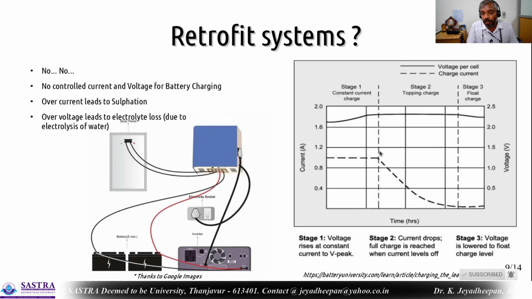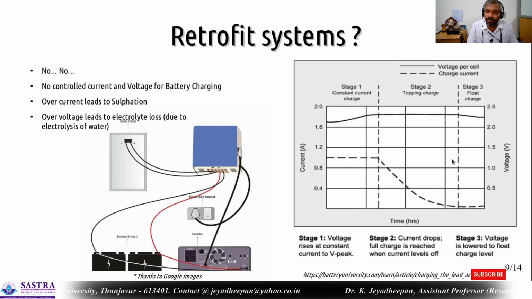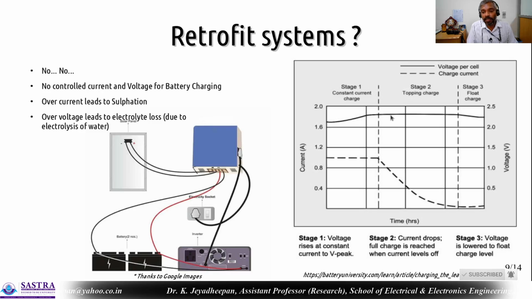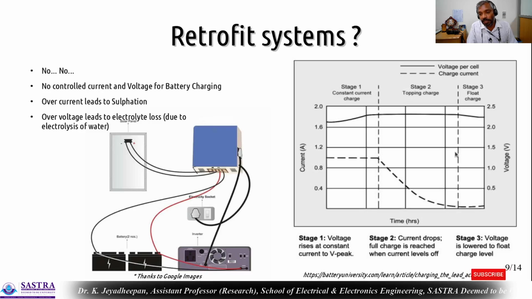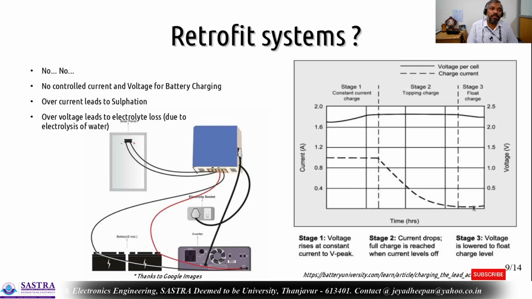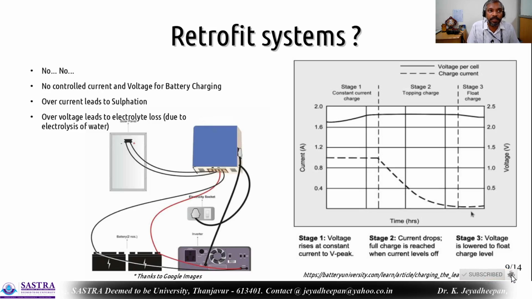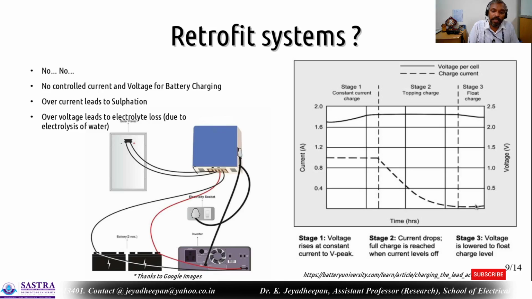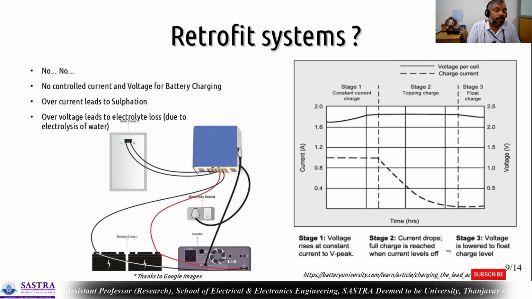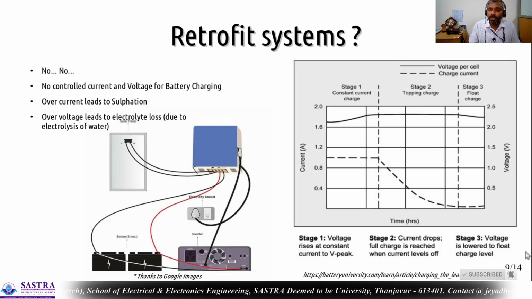So after this particular 3 hours to 6 hours, or 3 to 4 or 5 hours, the voltage should be maintained as a constant one, right? After that, for example at 6 hours, the charging is complete, so the battery should be given some small amount of current, maybe 100 milliampere or 200 milliampere itself. In that time, the battery electrolyte will not be lost, or sulfation will not happen in your battery, right? So if you do the charging like this,